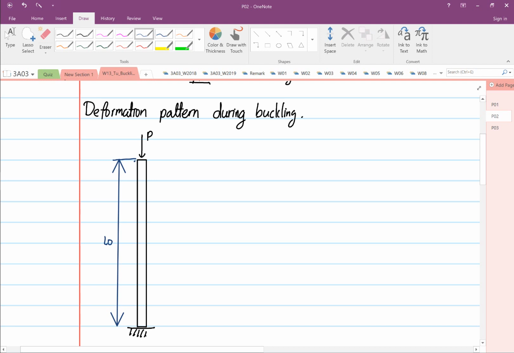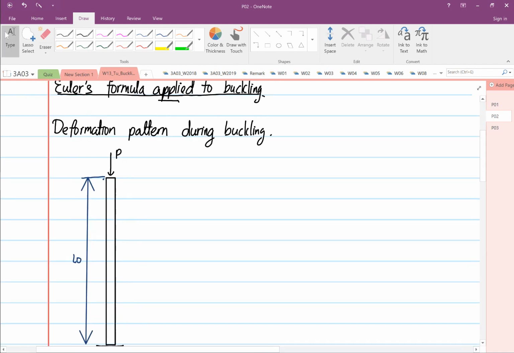So this is your overall length. If we now were to sketch the deformation pattern,